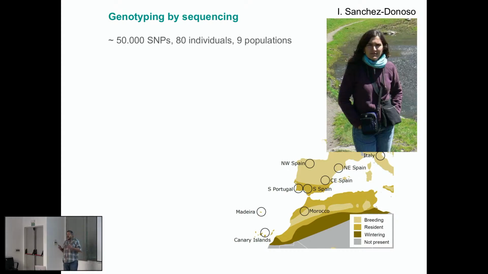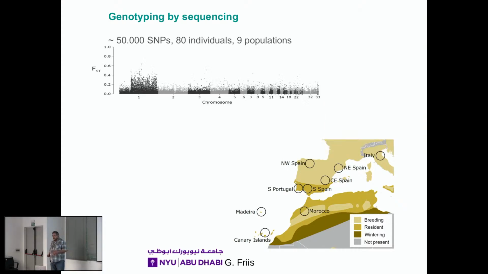So we used a genotyping by sequencing approach. So instead of 12 microsatellites, we have 50,000 markers. And then what Ines was doing was trying to see what was the differentiation along the genome. Let's put all the markers one behind the other along the genome and try to see if there is any area where there are markers that show some difference between populations. Maybe that could help us identify genes associated with pigmentation or something like that. This is what we saw.